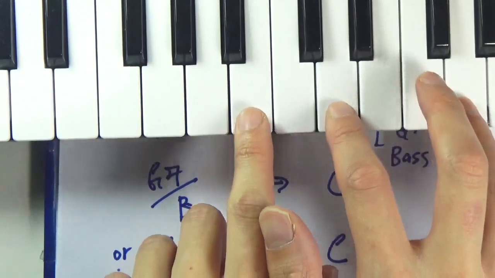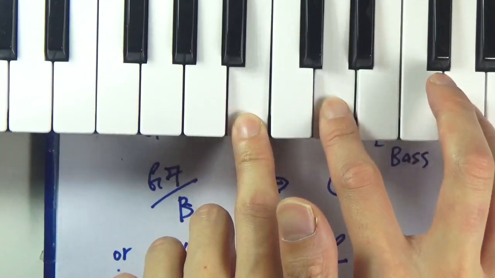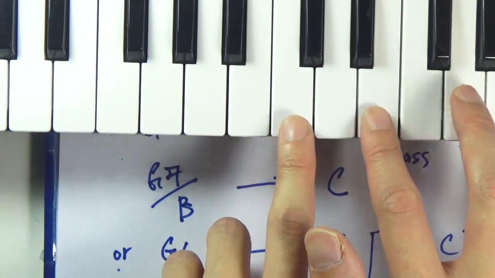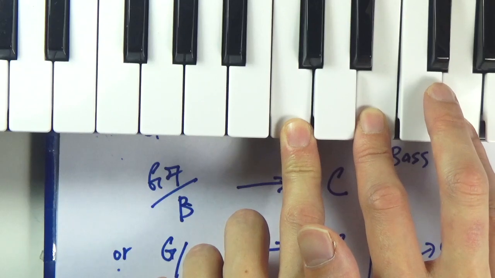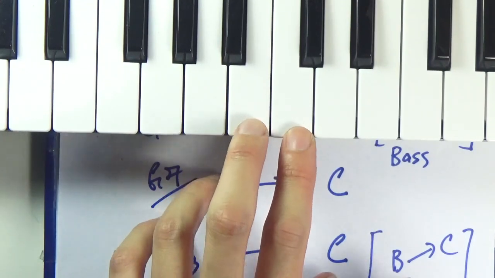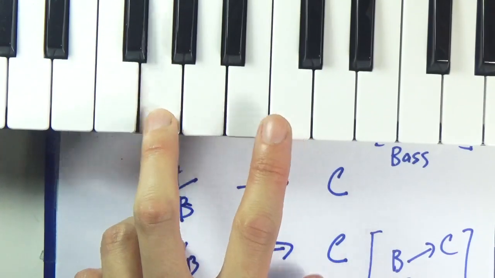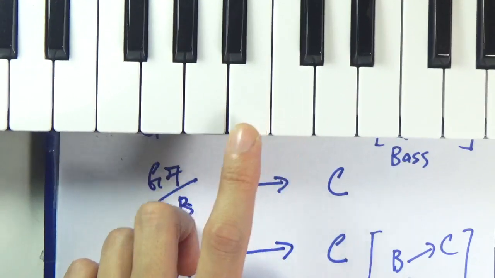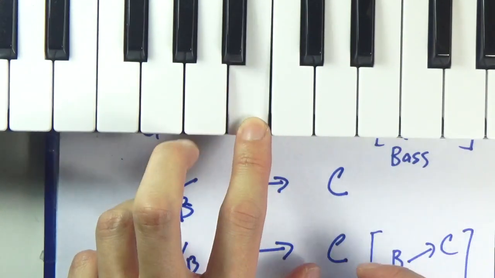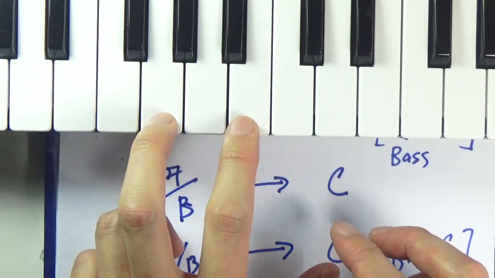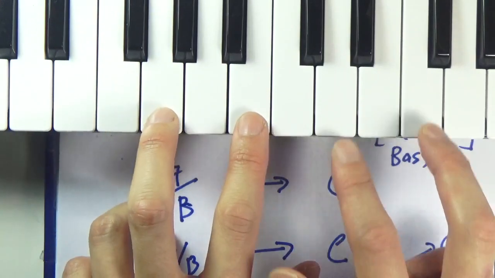Or I just keep trying it here. Sorry. So let's just use this. See, you have this note here that wants to resolve to C. So that way you would create a very smooth half-step bass movement instead of this fifth, which is also very good, of course. But then occasionally, once in a while, you want to switch things up a little bit to keep it interesting. So G7 to C, no inversion, so that would be